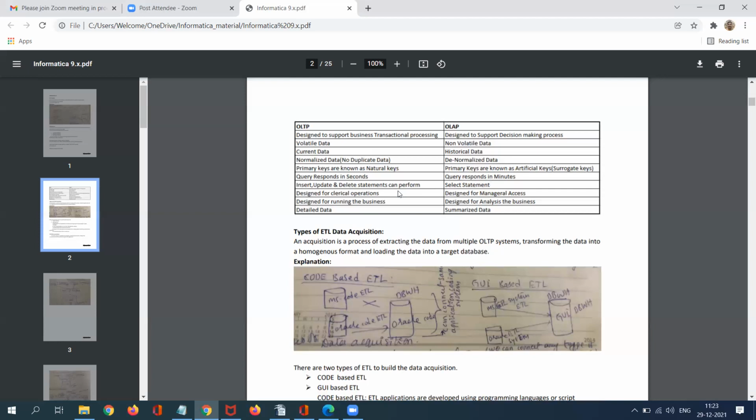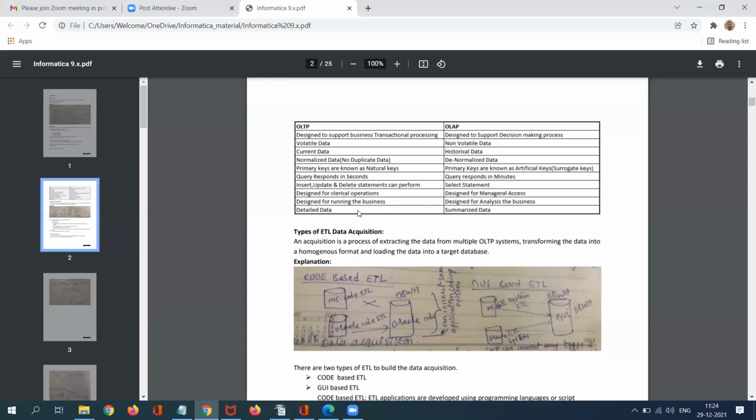Whereas in OLAP, we always use select statements only. OLTP is especially designed for clerical operations, the daily business running information that we capture. Whereas in OLAP, we extract data from multiple areas and load it into OLAP for decision making by high level people only.